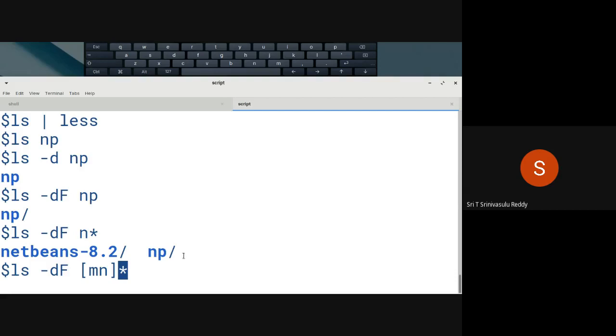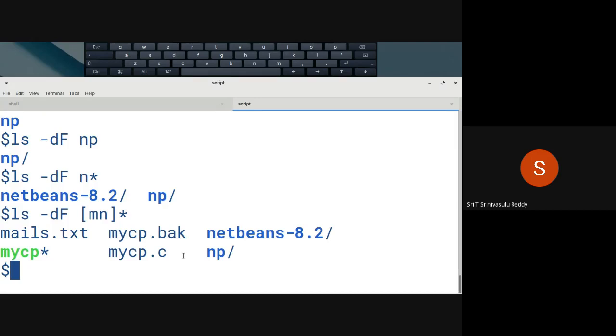You don't have to start everything from scratch. Whatever utilities are required for day-to-day work are already made available, except that you have to learn them and start using them to come out with results very quickly. So either with M or with N, as you can see now.